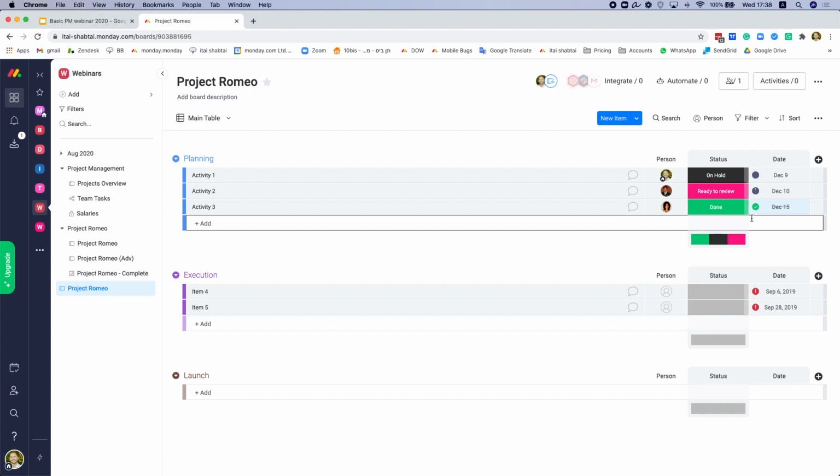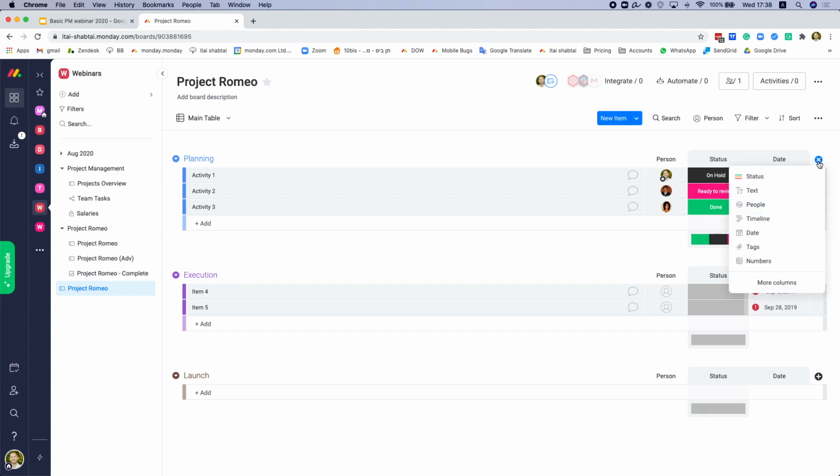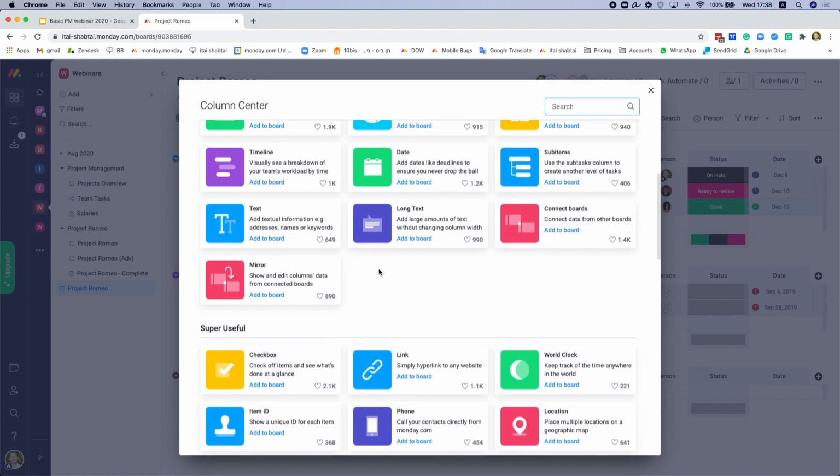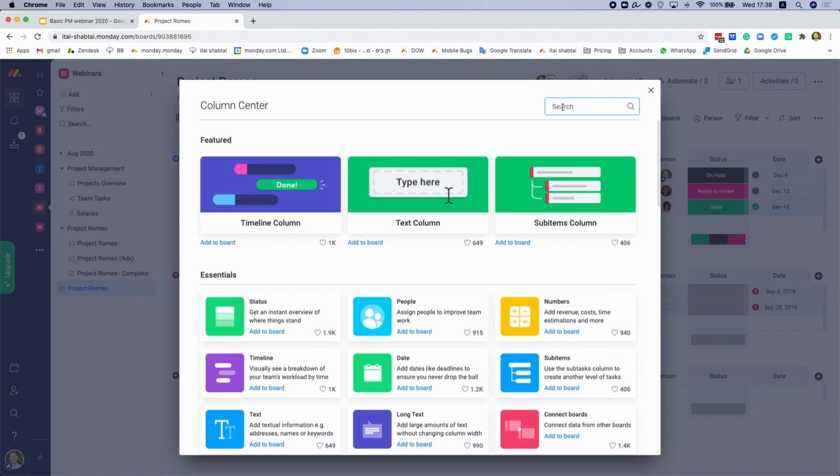For this, I'm going to add a couple more columns to my board. So when I click on the plus sign right over here to add a column, a list of the top 7 most essentials columns will appear here. If I click on more columns, you have an option to choose from a variety of over 30 columns. I want to add a column called timeline column,